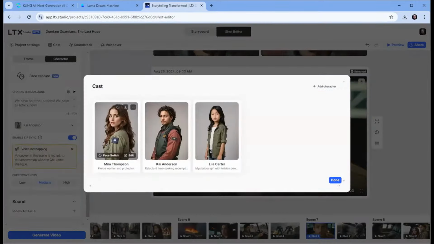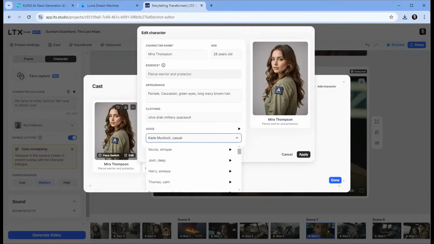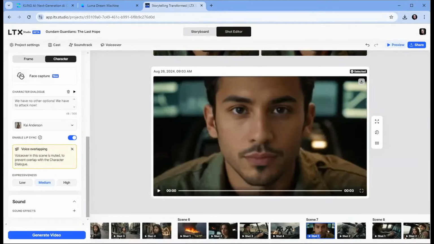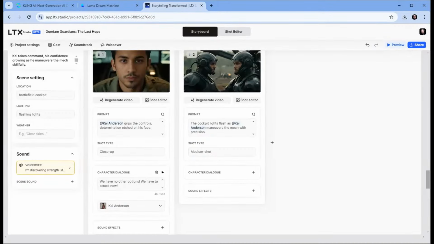So I'll come in and pick the type I want. You can also do a face swap, so you can actually replace the face with an actual face you want to use. You can set their name, their age, essence, appearance, clothing, and pick their voice from these predefined voices. But once you have that set, and throughout the storyboard, if the character is in the scene, it'll mention them with a little @ symbol, or you can add them into the prompt as well, and then it will generate that shot. So I'll go back in here, and I will